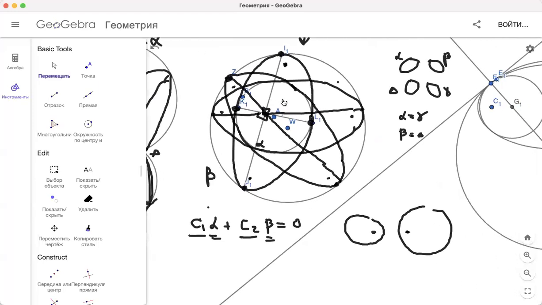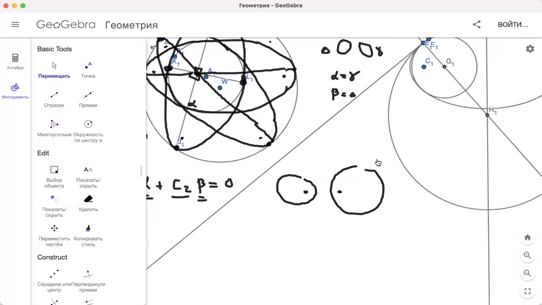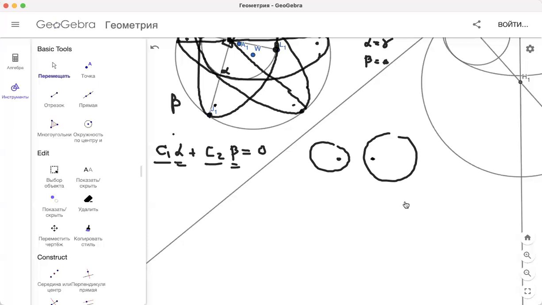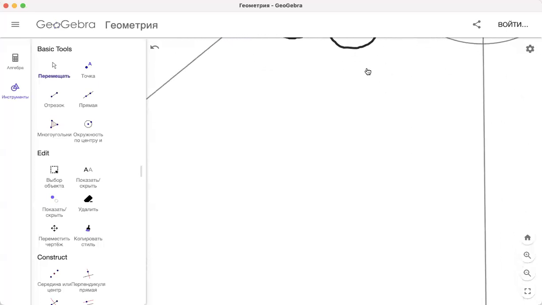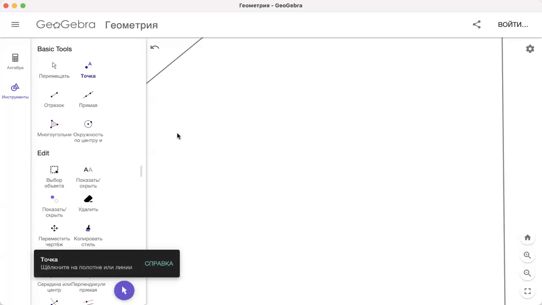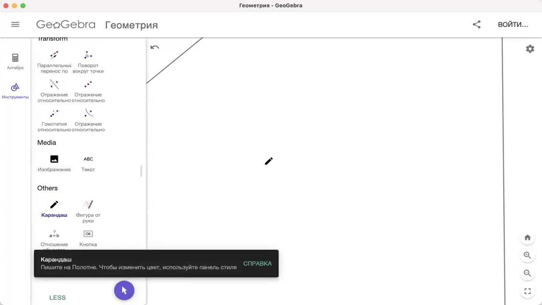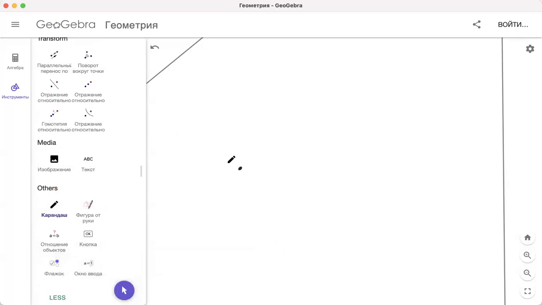Okay, to prove this statement, first of all I would like to remind you the definition of an ellipse or a conic using focus and directrix. So if you have some fixed point, focus, and some fixed line, directrix,